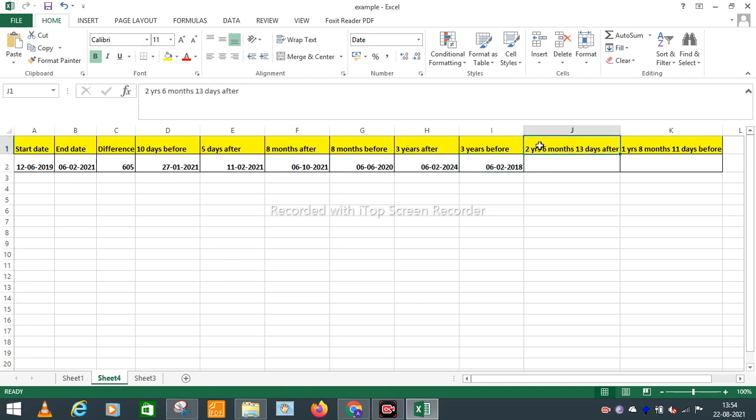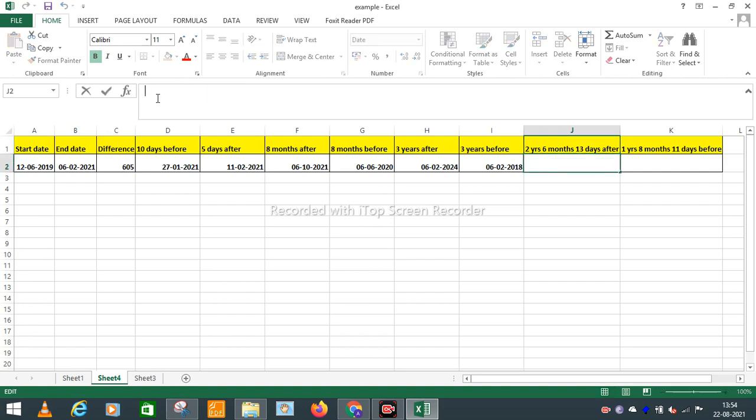As I have told, for years and months I will calculate using EDATE, and for days I will use plus or minus, just like I have calculated. So first, I will calculate the date for years and months. 2 years means 24 months, 6 months will be added, so the total is 24 plus 6, 30 months.